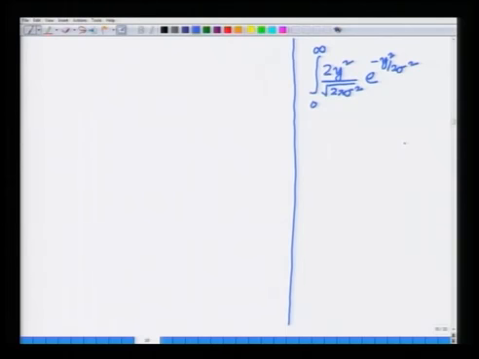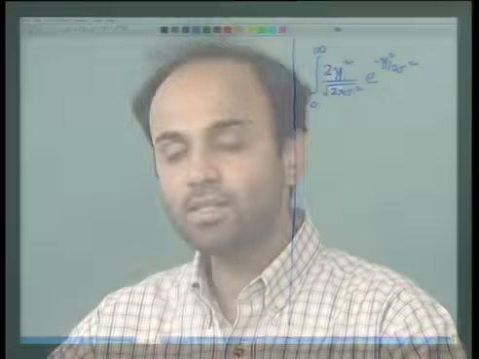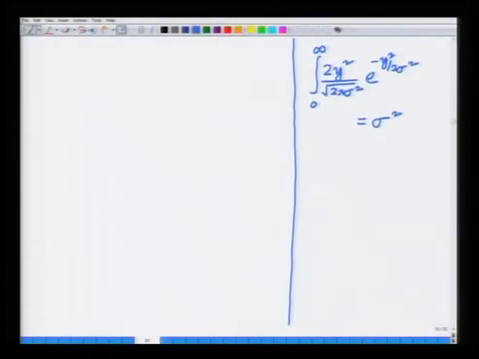As the audience is familiar with random processes, you will immediately recognize this as the variance of a 0 mean Gaussian random variable with parameter sigma square, and the variance of this is nothing but sigma square, right. So, the integral from 0 to infinity of 2 y square by root 2 pi sigma square, e power minus y square by 2 sigma square dy, is nothing but sigma square, which means if I now multiply both sides by sigma,